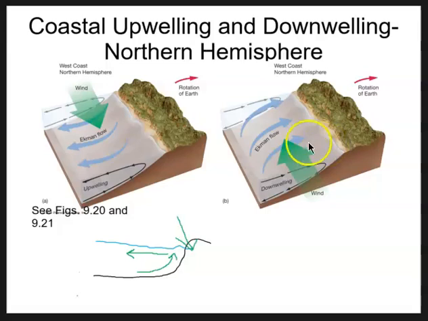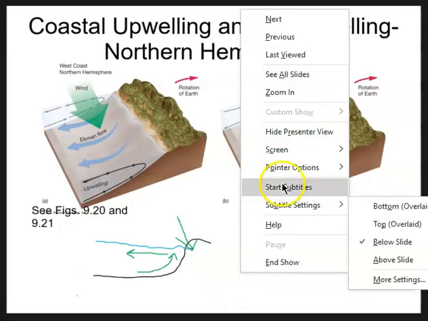No, that's not what happens. Actually, what happens is the water will run into the land and it will go down. So in this situation, we have downwelling. And again, I could draw